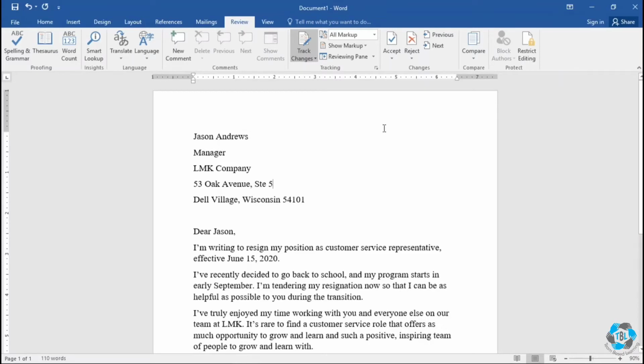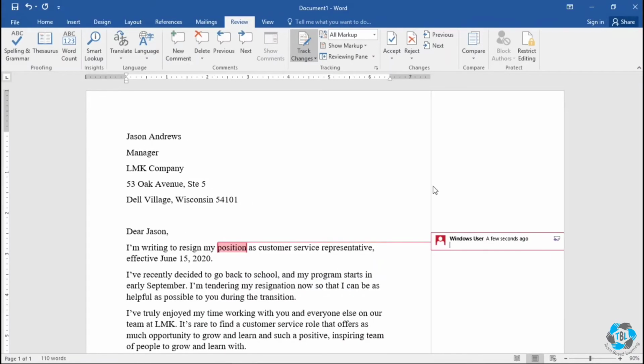You can also add comments in the margins by selecting the text you want to comment on. For doing that, you click on the Review tab once again, select the particular text you want to comment on, and click on the New Comment command. You can write your suggested comment so that the original writer of the document can look at it. You can click anywhere outside the box to say the comment has been made. You can make as many suggestions and comments as you like. For example, I'm going to add a new comment here also, and that's how you can comment.